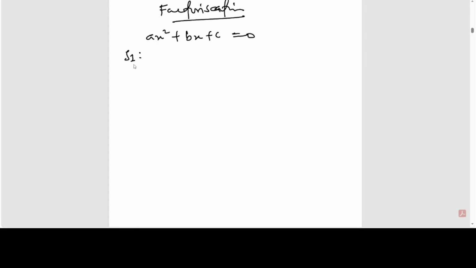By now I know you are able to identify your a, b, and c. Then find the product of a and c, right? So find ac. Find the product ac. And then step number 2 is that you pair the factors of ac,